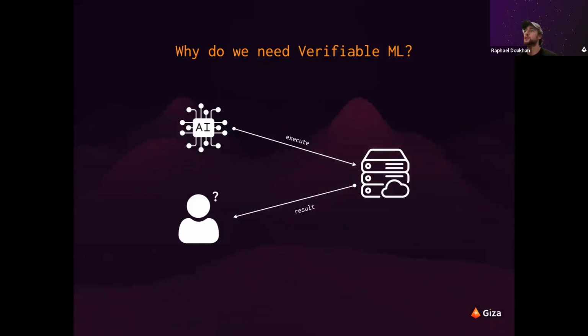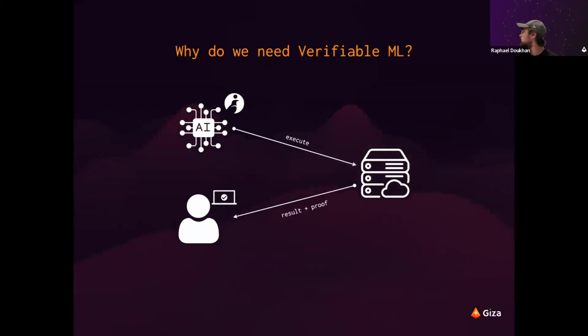We are all using APIs, but this is a real problem because we need to verify the validity of the inference. What is beautiful with Cairo is that it's a provable programming language that doesn't return only the result, but returns a proof that you can verify.